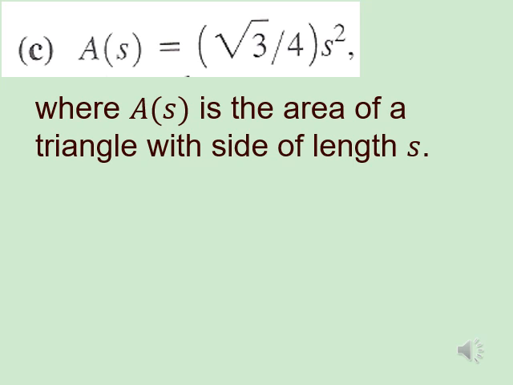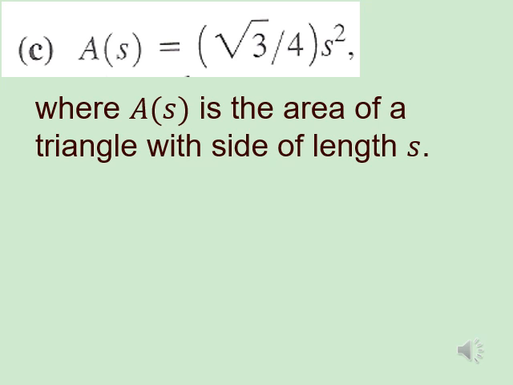There's also no variable on the bottom of a fraction. So just from a pure algebra point of view, there's nothing that's going to go wrong here. You could plug in any number and square it and take it times square root of 3 over 4, and you'd get some answer. But there is something important with the second half of that, the fact that we're dealing